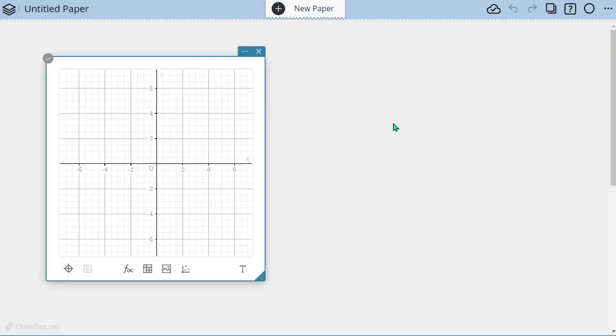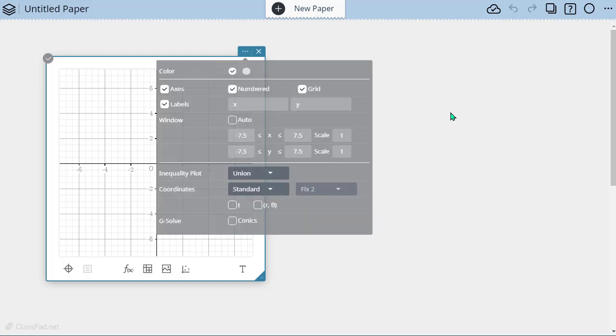Let's now look at a graphing sticky that has different settings because it's a different sticky. So again, here's my three dots. Notice that it says the sticky settings. And here's where I can turn on or off the axes, put the numbers in, put the grids in, turn them on or off. So if they're checked, that means they're on. I can change my labels. So they default to X and Y, but I could actually make this be time and the other one